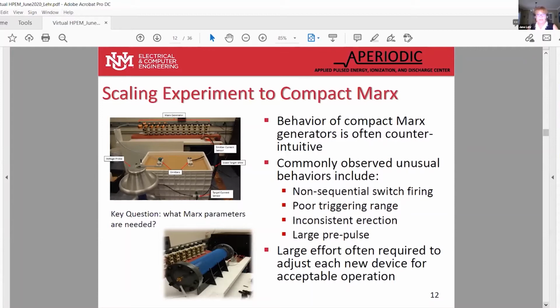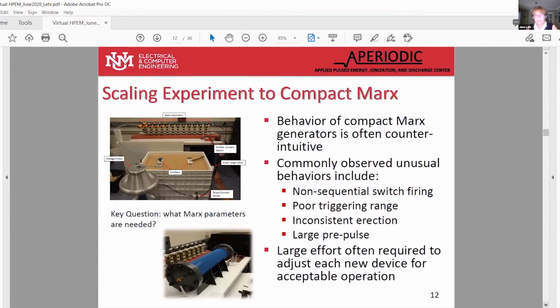And so instead we changed it to a plastic housing. And when we did that, it absolutely refused to work. It would not trigger. In fact, the first stage would trigger, and then no other voltage would come out. So in